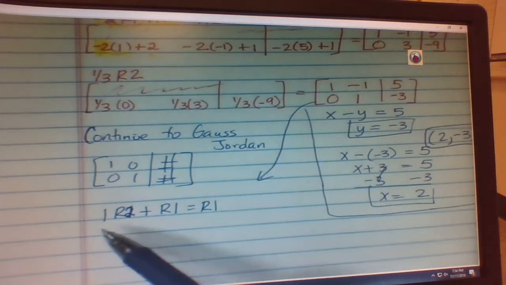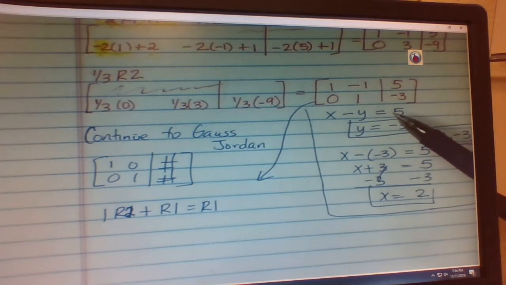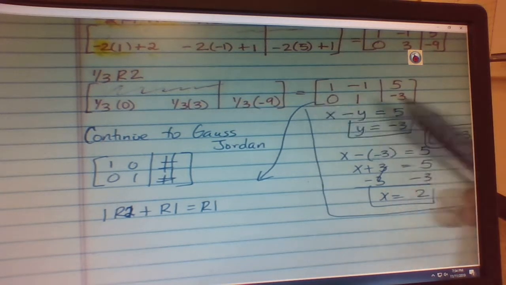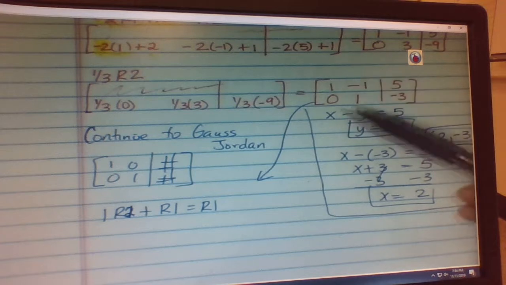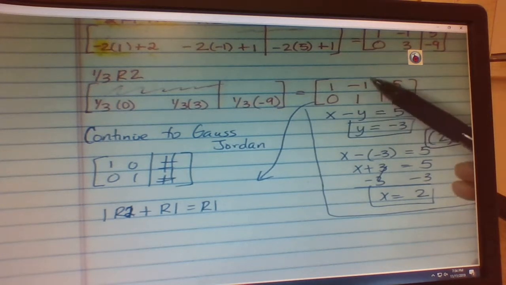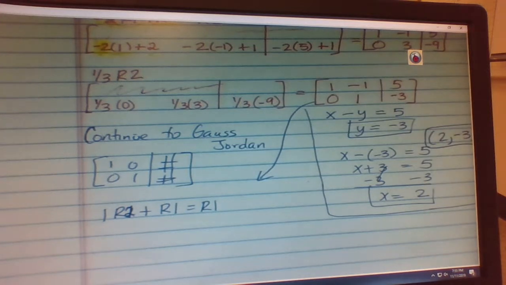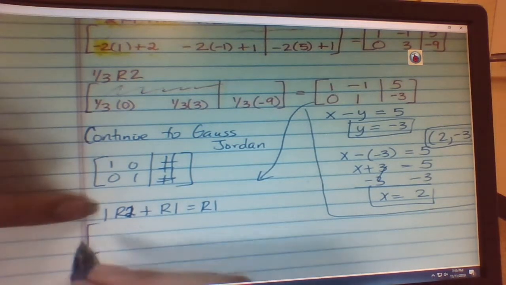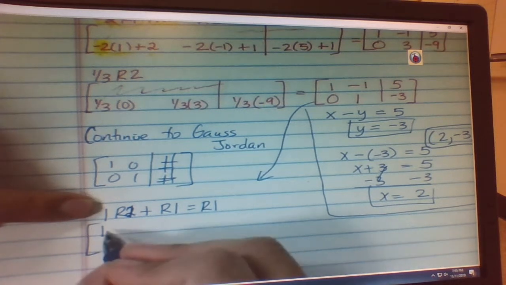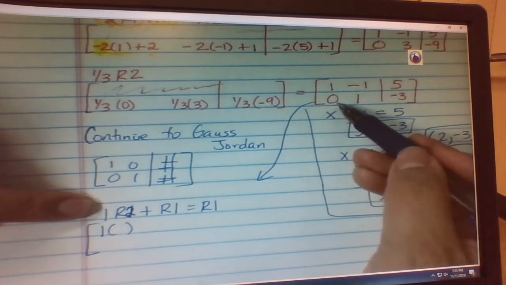So I know when you multiply something times 1, does it change? No. So 1 times row 2, which is the bottom one, because who has the 1 in this column? Row 2. Row 2 has the 1, so row 2 we're multiplying times 1 and adding it to this. So which row does not change? Row 2. Row 2 is not changing. Good. So up here, this 1 times row 2,